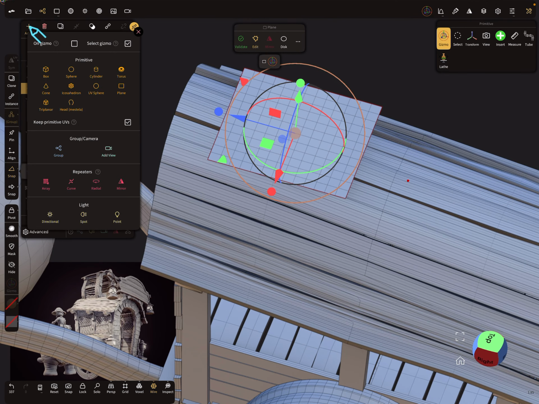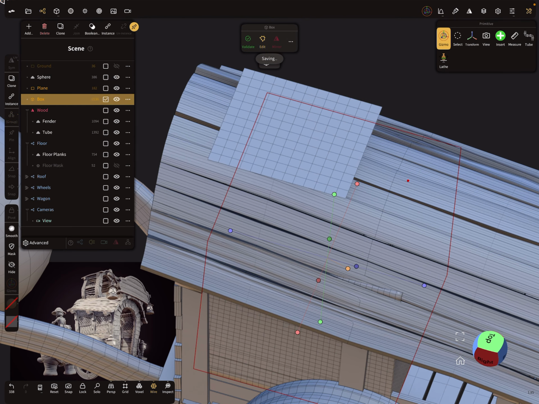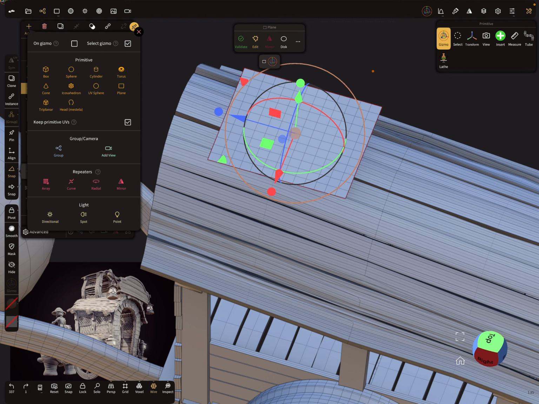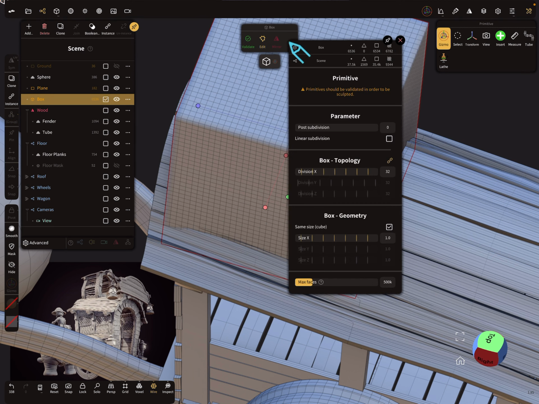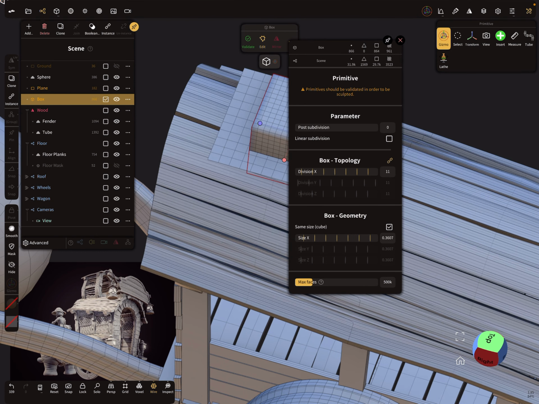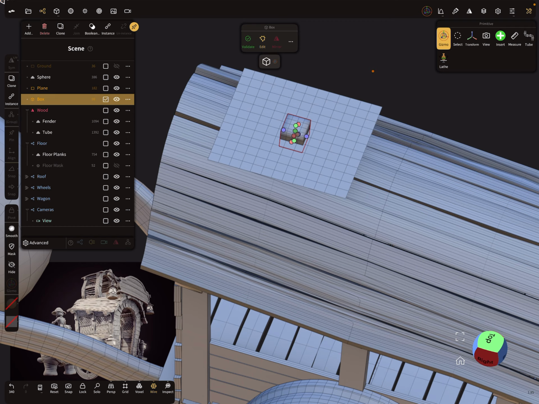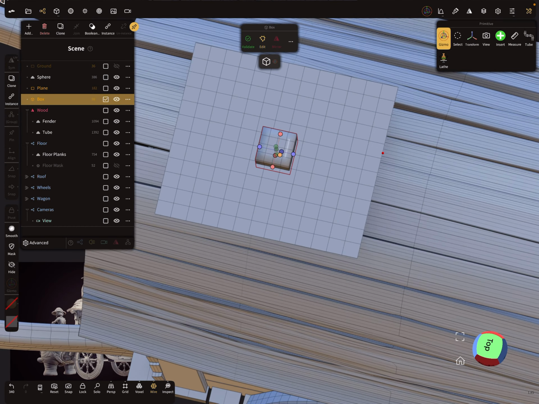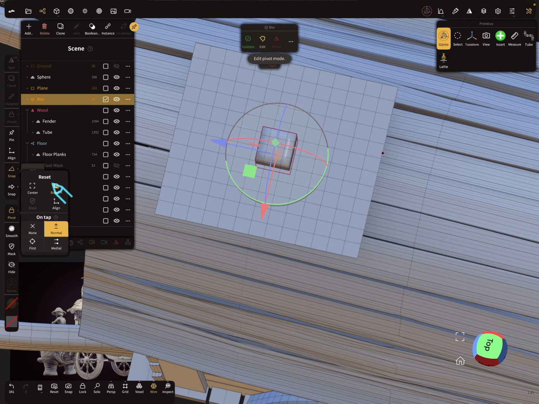So let's add a box. Sorry. On Gizmo, add a box. So the radius is too big. So I change the pivot to the bottom.